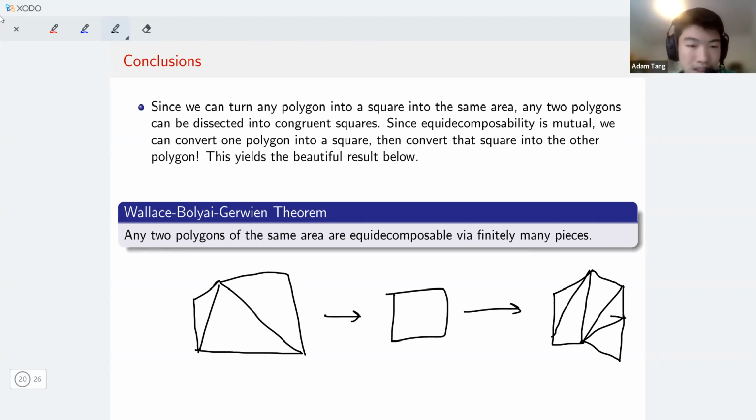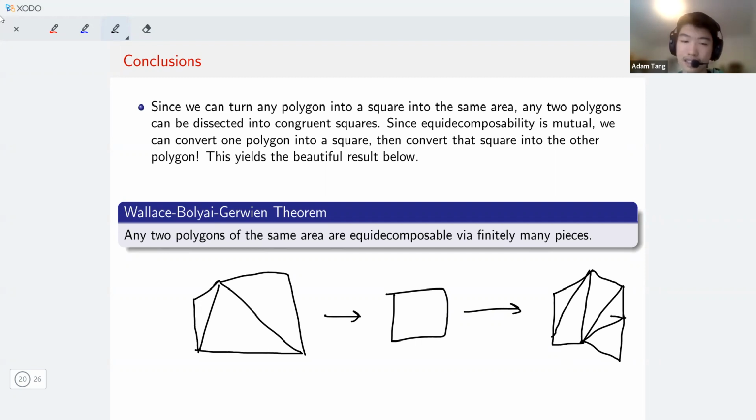It's always possible to turn a polygon into another polygon of the same area. It doesn't matter what these polygons are, it's always possible. The only condition is that they have the same area. So you can take any polygon, take a pair of scissors, cut it up, turn it into a square,